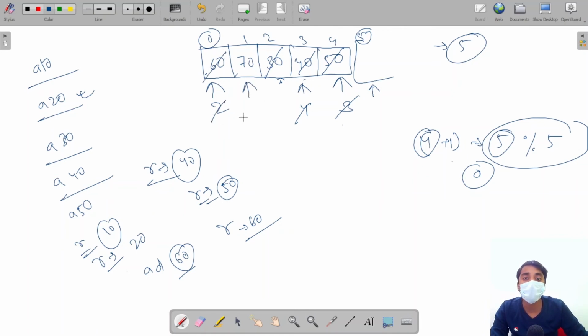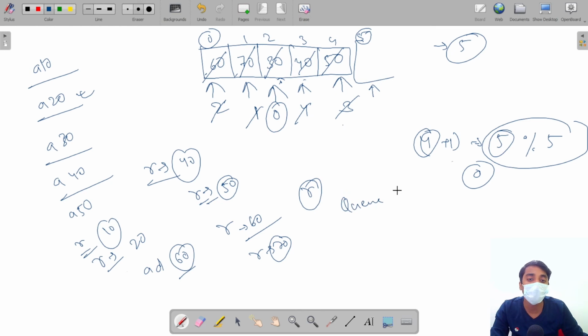Front will point here. The size is 1. Now remove 70. This will give me 70. Front will point here. The size is 0. Now if we again ask for remove, there is no element left in our data array. So this will give us queue underflow.